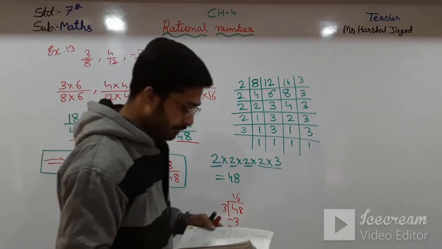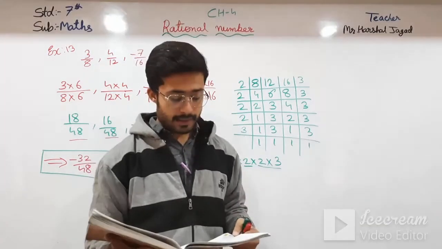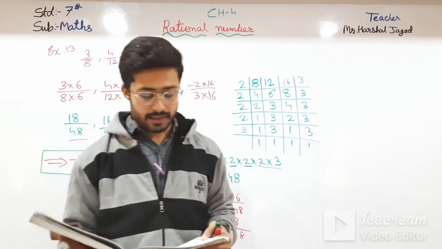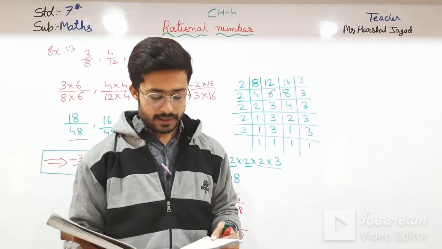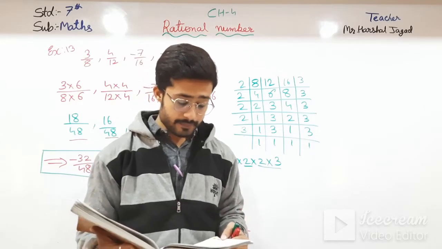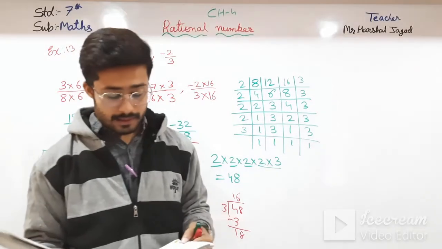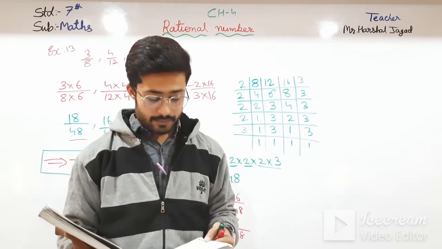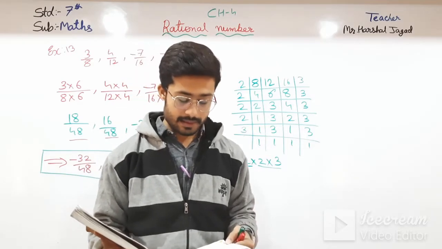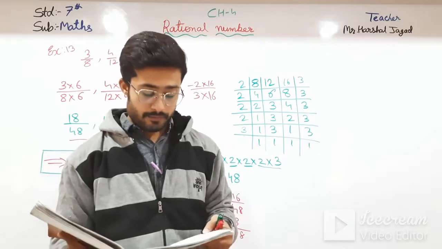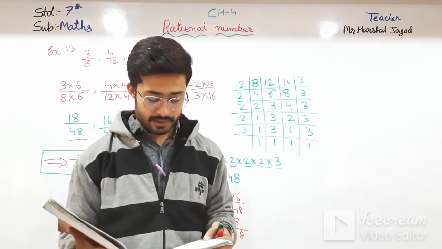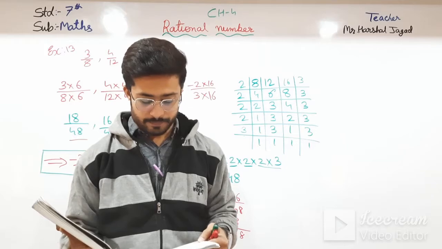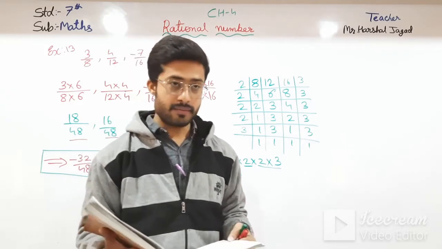Okay students. Now here they have taken the LCM of 2 and 7, and the answer is 14. The given numbers can be rewritten by multiplying with 14. So here we know that minus 7 by 14 is less than minus 4 by 14. Also minus 7 by 14 is less than minus 6 by 14, less than minus 5 by 14, less than minus 4 by 14. So we have found two rational numbers, minus 6 by 14 and minus 5 by 14, lying between minus 1 by 2 and minus 2 by 7.